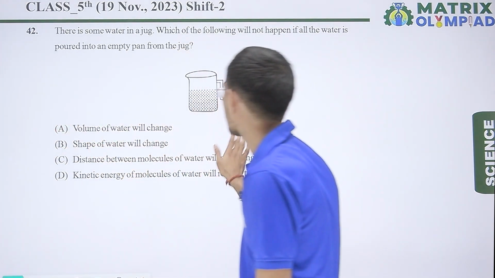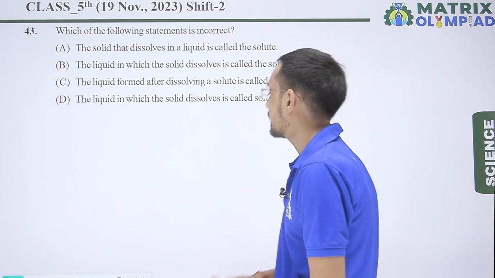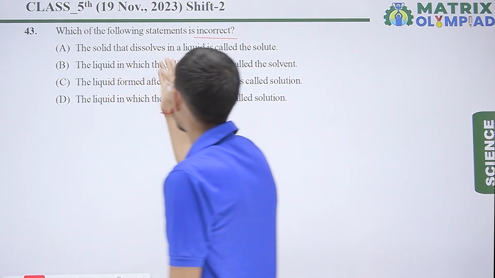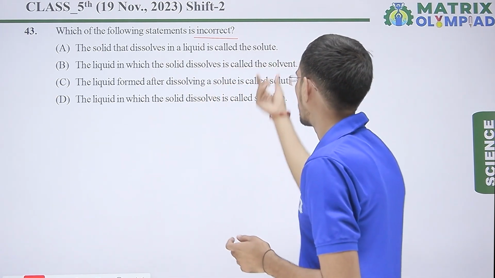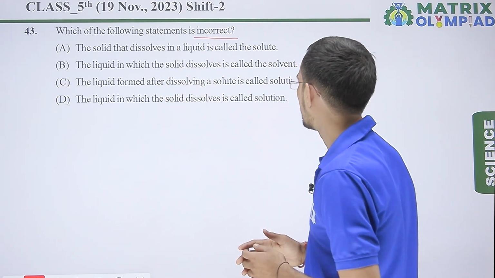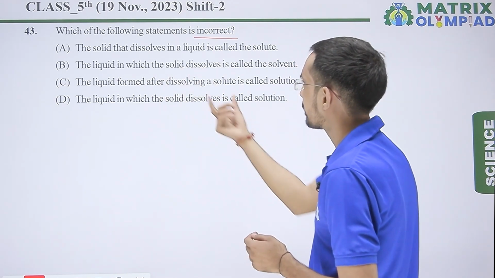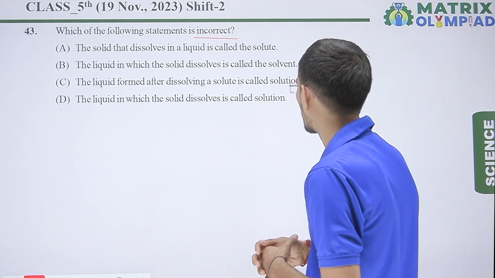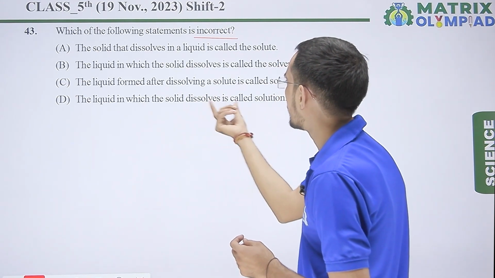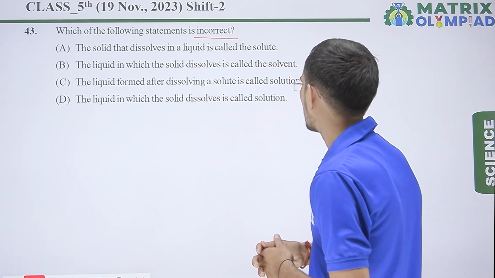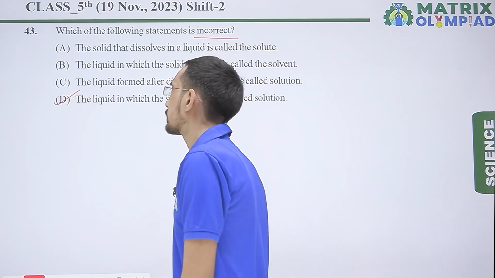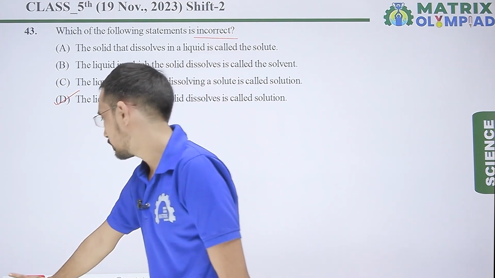Next question, which of the following statements is incorrect? We have to find out the incorrect statement. The solid that dissolves in a liquid is known as the solute. Correct one. The liquid in which the solid dissolves is known as solvent. It is also correct. The liquid formed after dissolving a solute is called a solution. That's also correct. The liquid in which solid dissolves is called solution. It is an incorrect statement. So our correct answer will be option D. Next one,